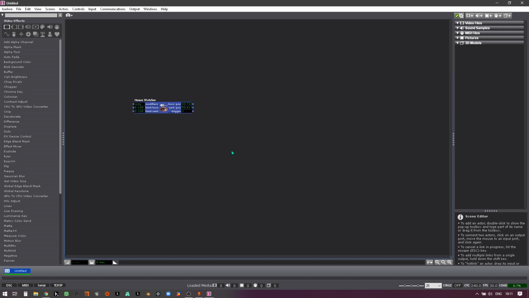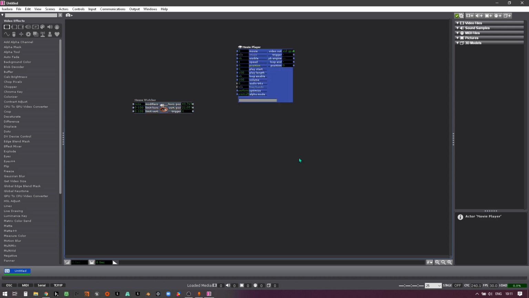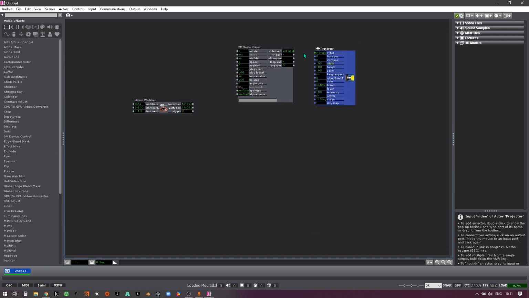So this is great. What can we do with it? Well, I have a saying, as some of you will know, which is it's just numbers. Anything green here, if it's a number, you just connect that number to anything else. So for example, if I create a movie player and a projector, and I'll connect them together,